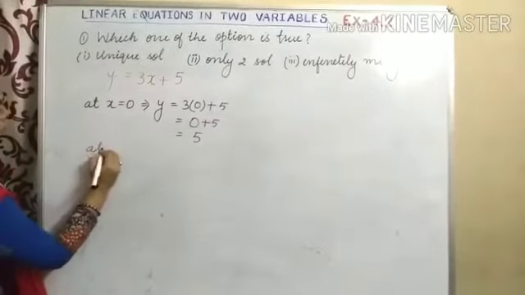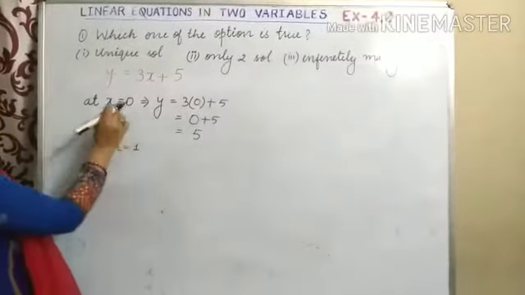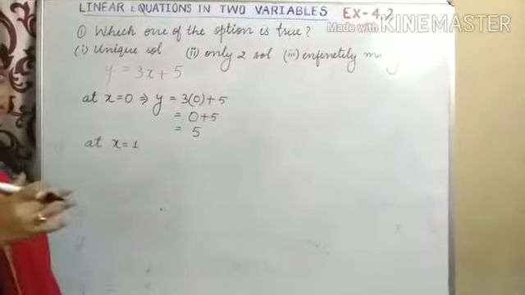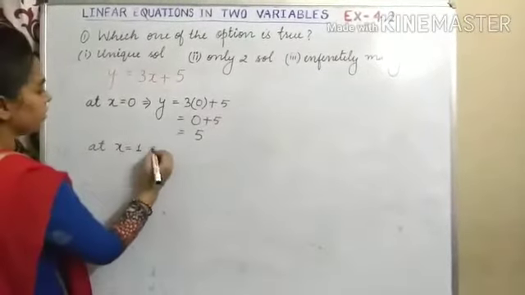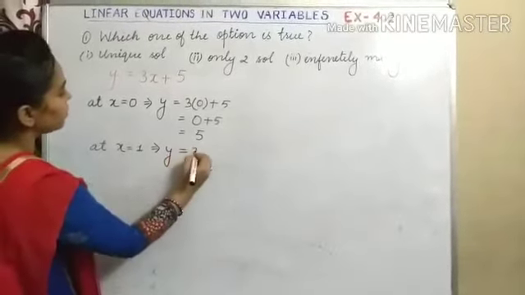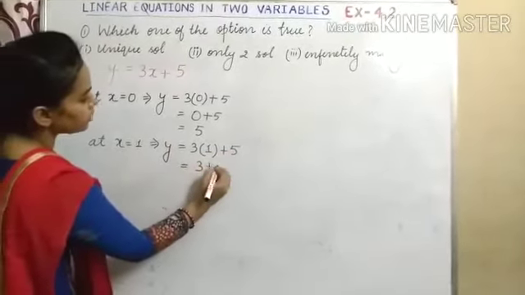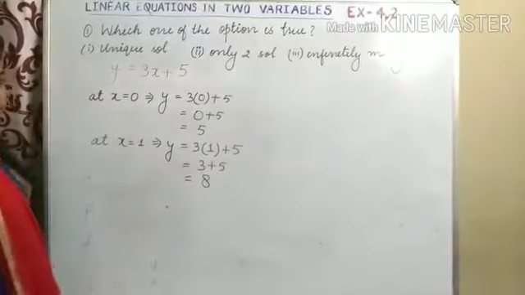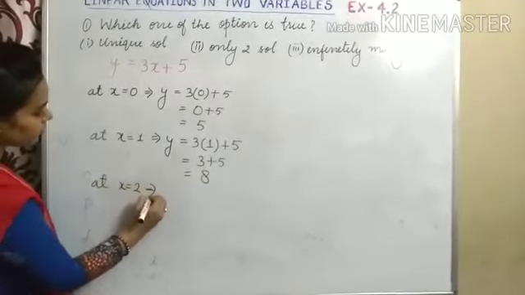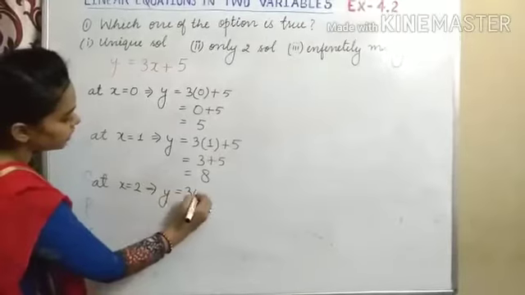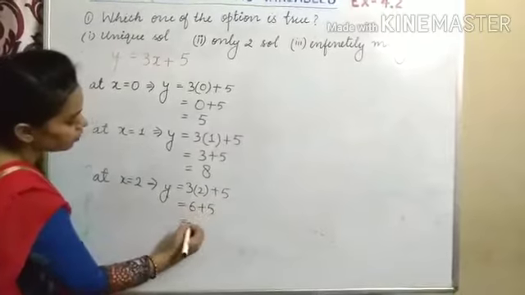Now we will check it for x equal to 1. You can use any values. Means first you can start with 0, then you can put 2, 3, 6. It means you can put random values, but I am putting 0, 1, 2 and like this. y is equal to 3 times 1 plus 5, 3 plus 5 equal to 8. Similarly, for x equal to 2, y is equal to 3 times 2 plus 5, 6 plus 5 equal to